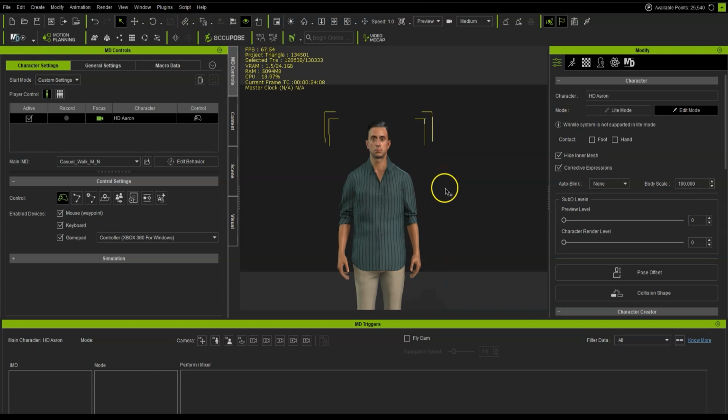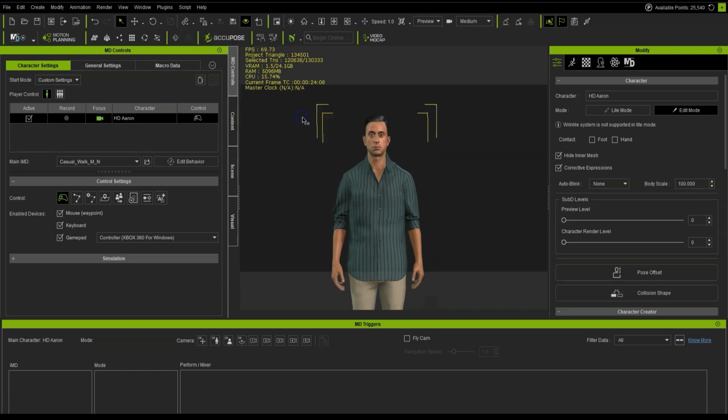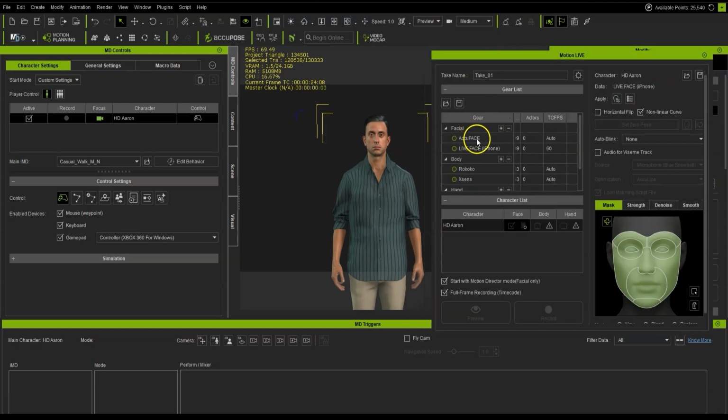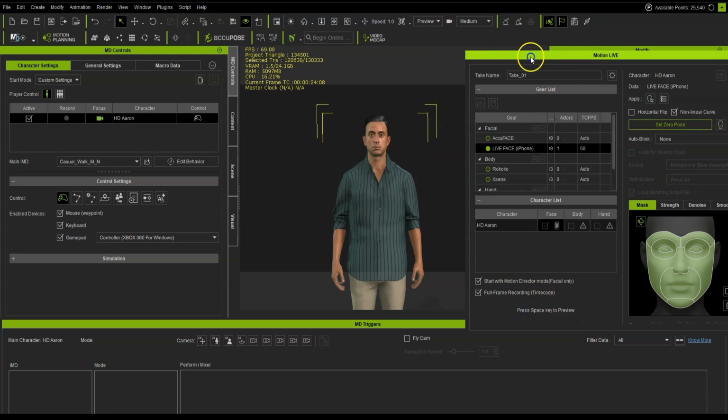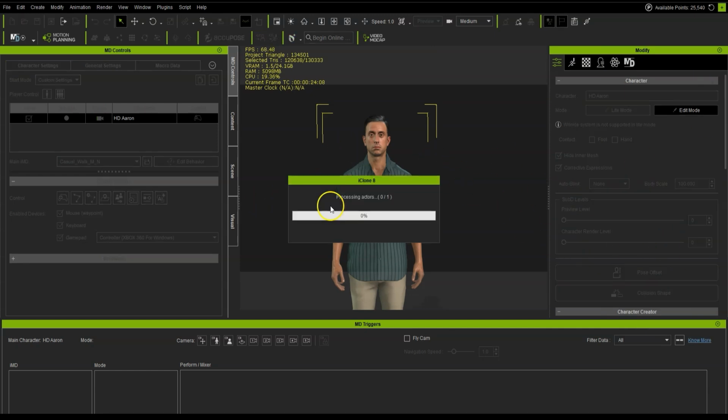Basically, all you need to do is, you've got your character set up, go to Motion Live, connect whichever facial capture, whether it's AccuFace or Live Face, and in here just start with Motion Director mode. I've got an Xbox controller plugged in, but this will work with a keyboard as well. And then if we hit preview and spacebar,